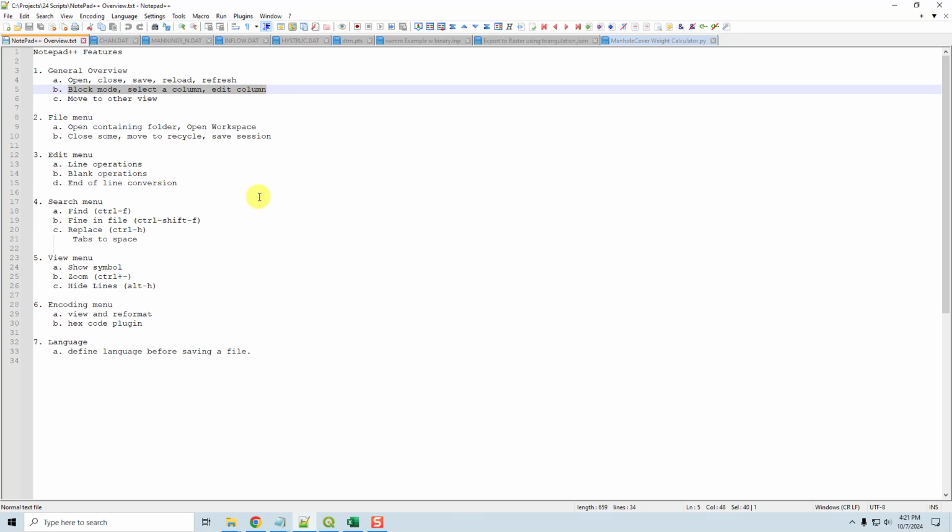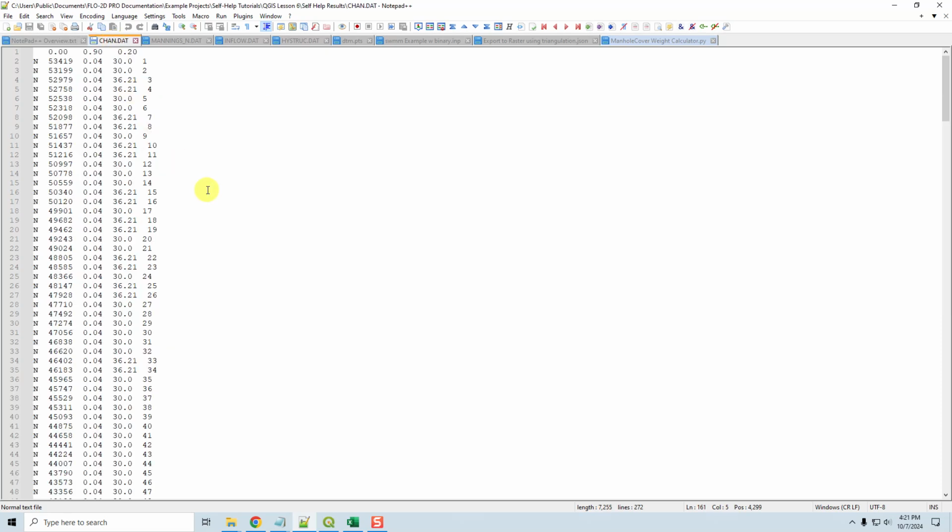Block mode is how you can modify and manipulate data as a block of data. And chan.dat is a file that you might find yourself doing this with, because it has lots of columnar data that's not as easy to edit and modify in Excel, and sometimes not very easy to edit and modify in QGIS, but always easy to do in the